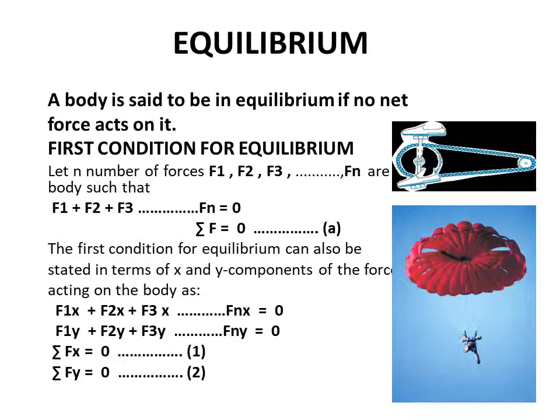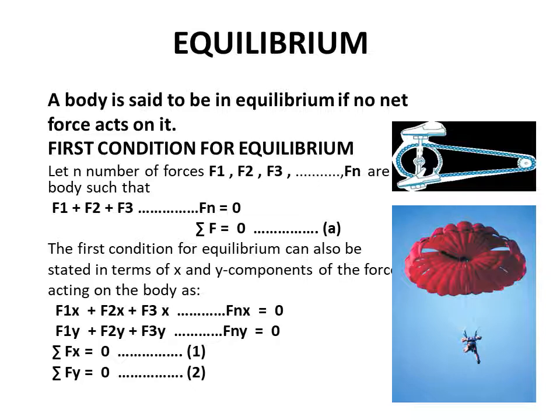Conditions for equilibrium. We see that a body at rest or in uniform motion is in equilibrium if the resultant force acting on it is zero. For a body in equilibrium, it must satisfy certain conditions. There are two conditions for a body to be in equilibrium. First condition: a body is said to satisfy the first condition for equilibrium if the resultant of all forces acting on it is zero.